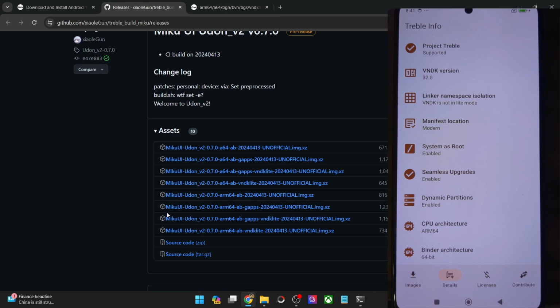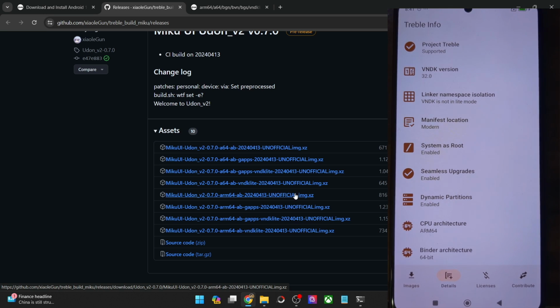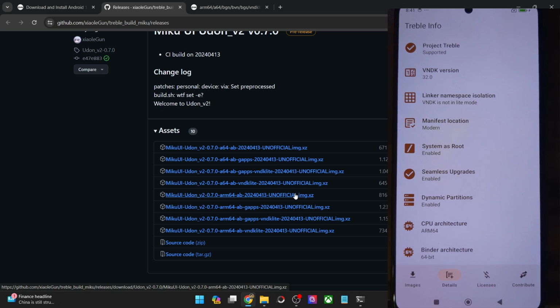So as of now, I will download the non-GApps build, which is this one. If your phone is an older one and does not have enough system partition size, then it's recommended to download the non-GApps build. Otherwise, you will not be able to flash the GSI ROM file. On the other hand, if your phone's system partition is quite large, for instance 3 or 4 GB, then you could easily flash the GApps package as well. But if you are not sure, or if the system partition is quite small, then simply flash the non-GApps build.